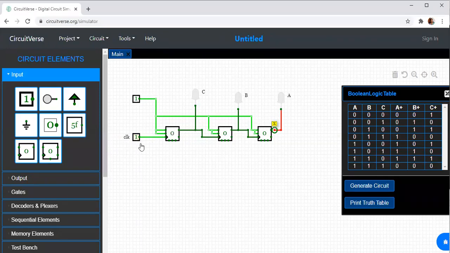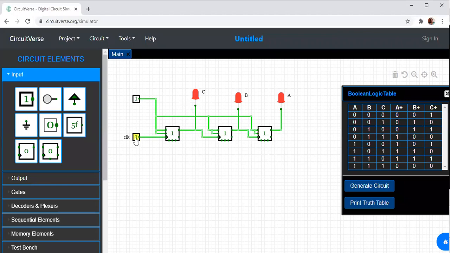So initially it is 0, 0, 0. When I go to the first clock cycle, what is happening? It is 0, 1, 1. I think I skipped one. This is not getting connected. Okay. What is happening?